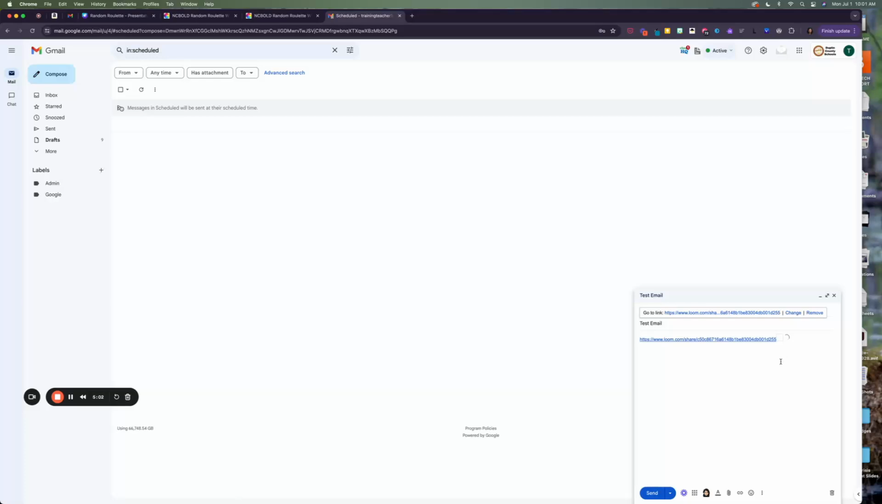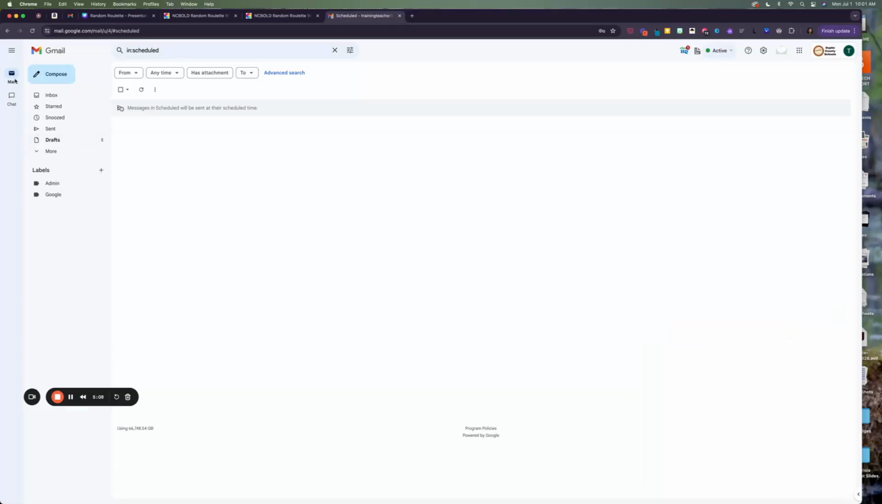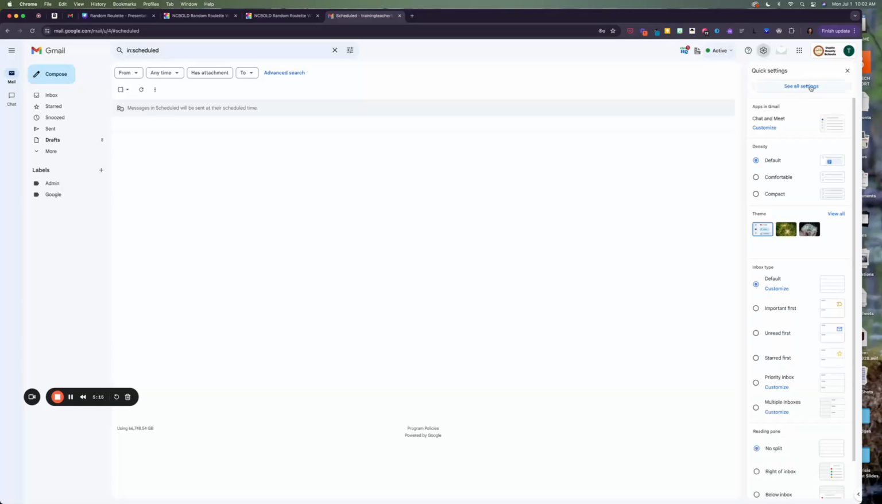Well, you can adjust how long this message stays up there that you can unsend. So I'm going to get rid of this message. I'm going to show you how to change that timing. So if you go to your little wheel up here at the corner in your settings and go to see all settings